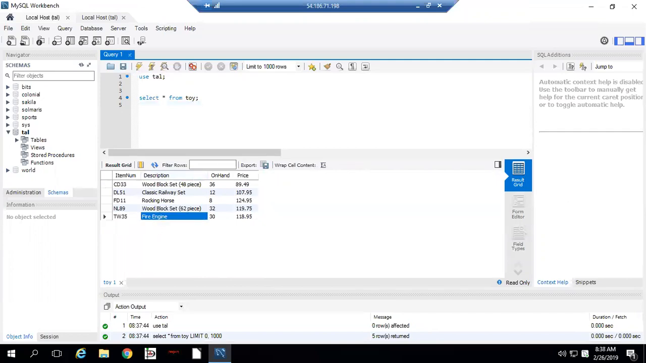Let's change that to hook and ladder with an update command. We're going to update toy and set the description to hook and ladder where the item number is TW35, and that should work correctly. And yet, when we run it,